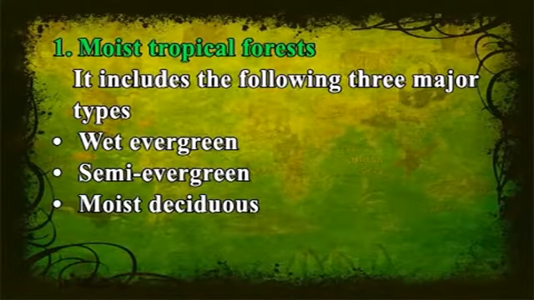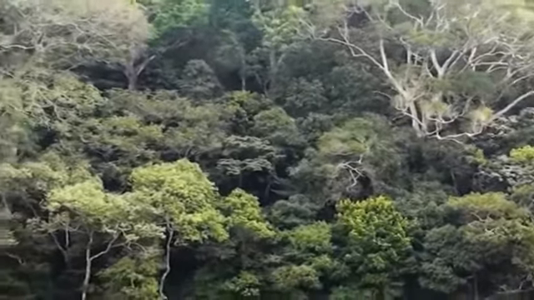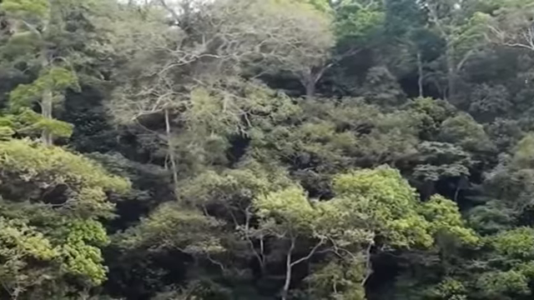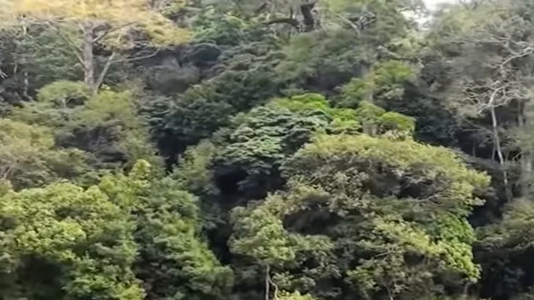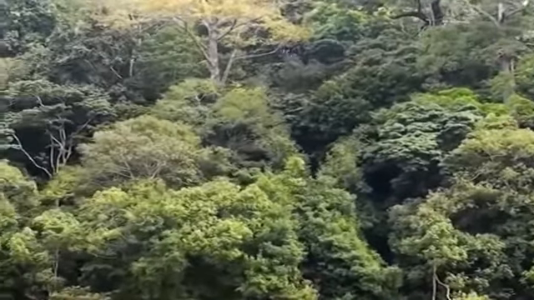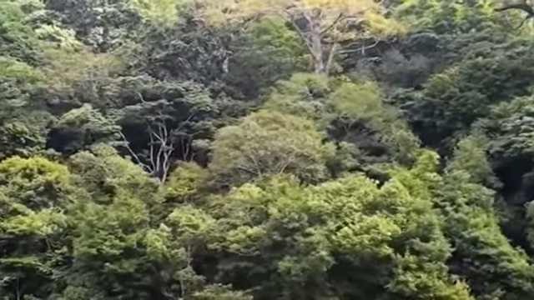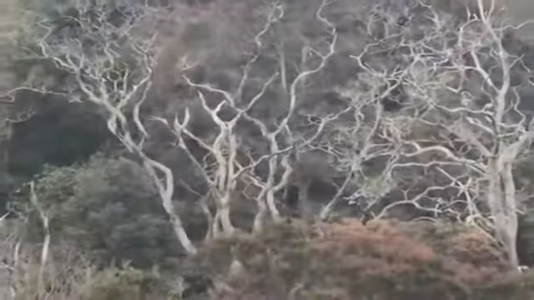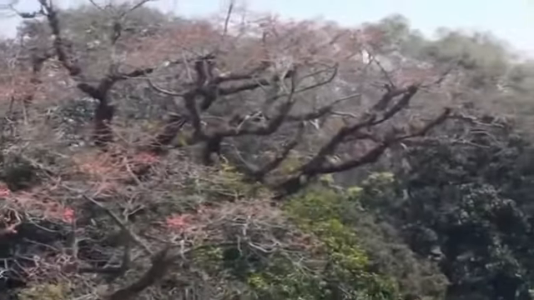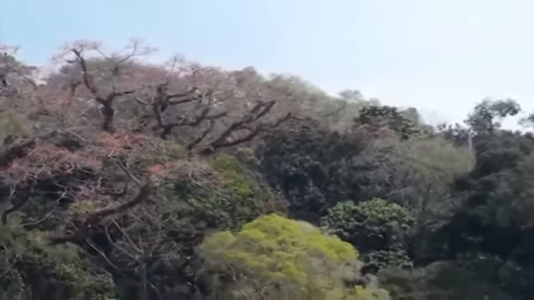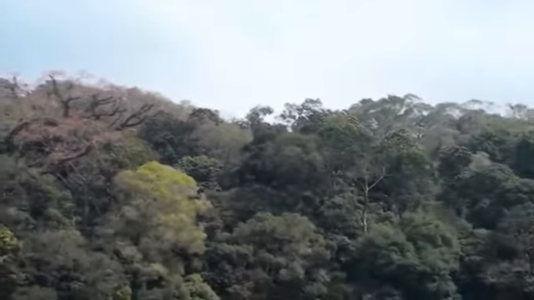Third one, the moist deciduous forests are found throughout India except in the western and northwestern regions. The trees have broad trunks, they are tall and have a number of branching trunks and roots to hold them firmly to the ground. Some of the taller trees shed their leaves in the dry season. There is a layer of short trees and evergreen shrubs in their undergrowth. These forests are dominated by sal and teak along with mango, bamboo and rosewood.